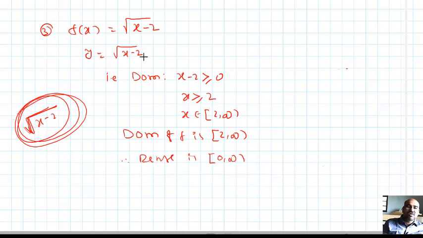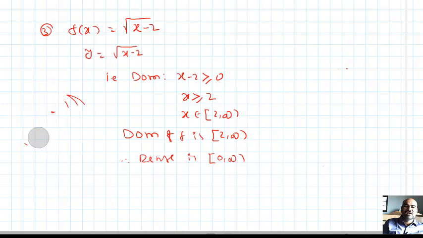Okay, but what is our input? Output depends upon input only. What is the input? Input is any real number greater than or equal to 2. Substitute any real number greater than or equal to 2, and what you will get, that is the range. Obviously, you will get from 0 to infinity only. So this is one of the ways to find the range.